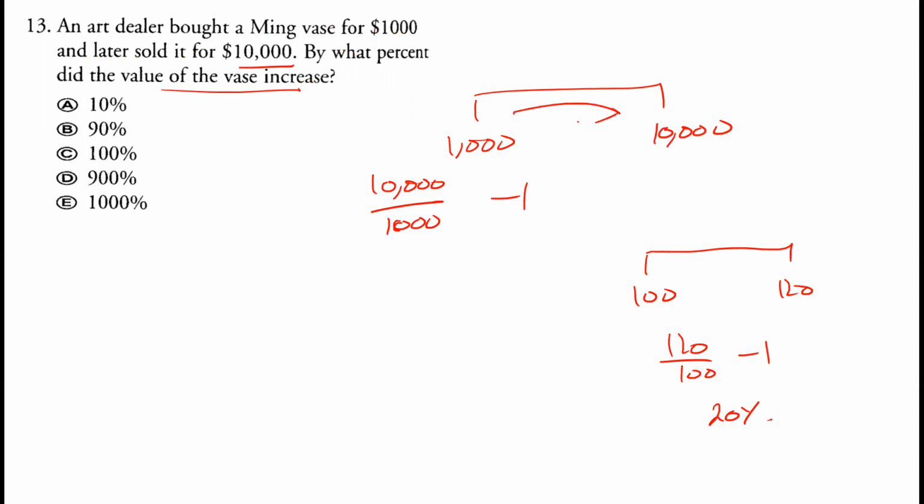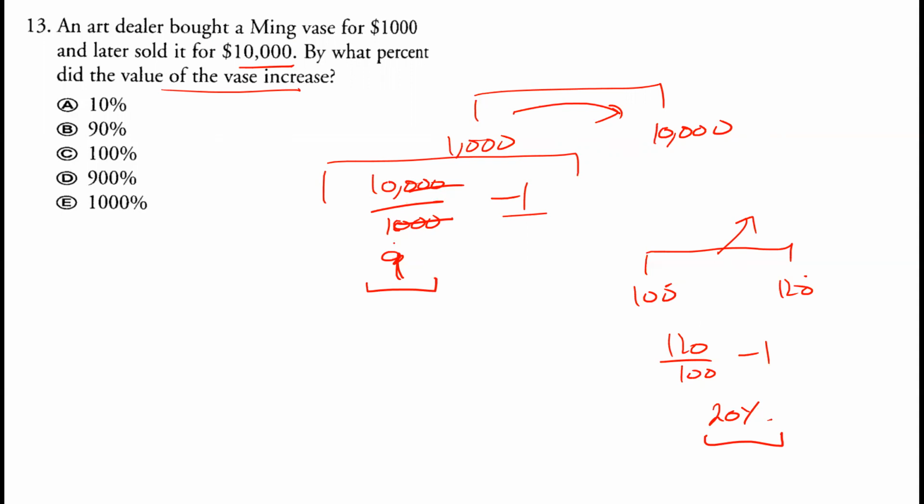So we need to find out the growth. So by how much the value increased. So that is the reason why we are subtracting 1. So if we go from 100 to 120, what's the percentage increase? That would be 20%, or 120 divided by 100 minus 1, that is your 20%. So 1,000 cancelled. 10 minus 1 is what? 9.